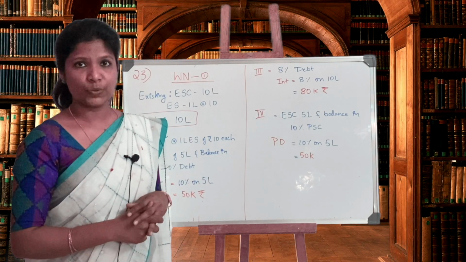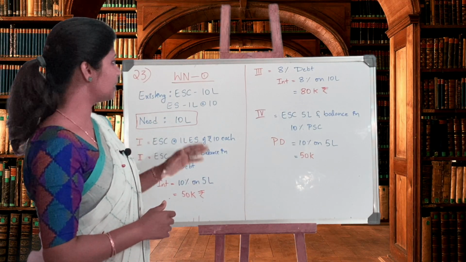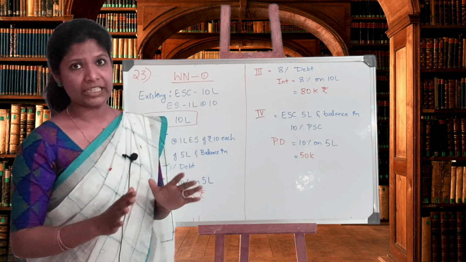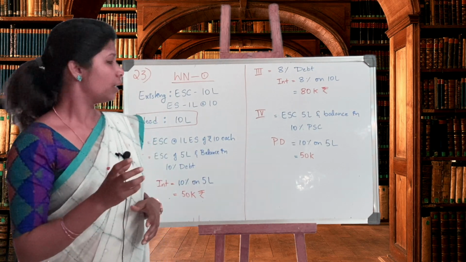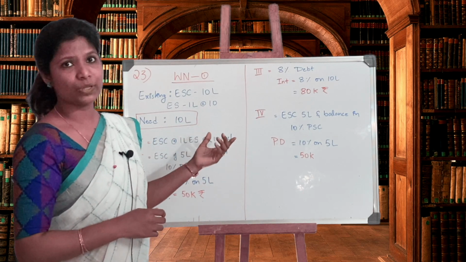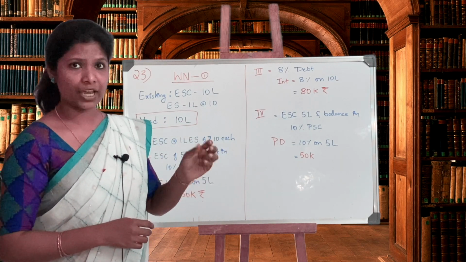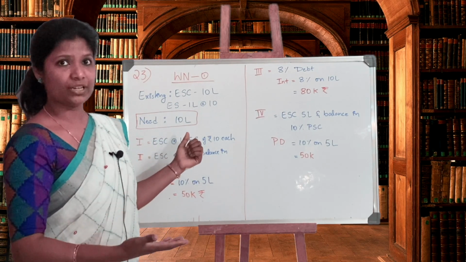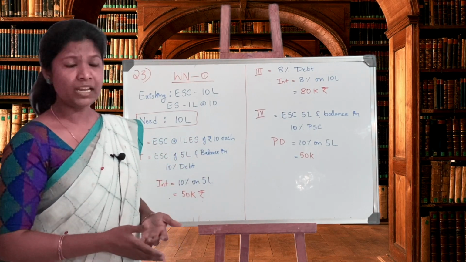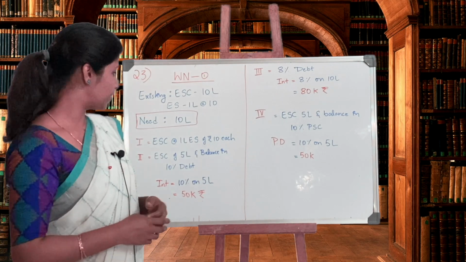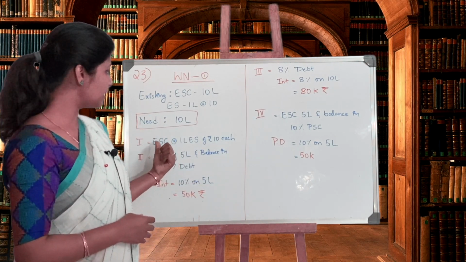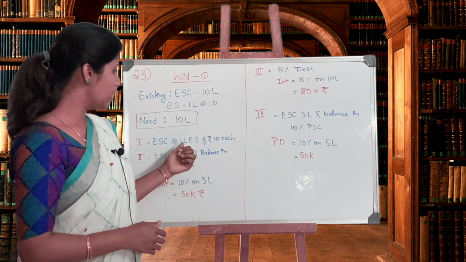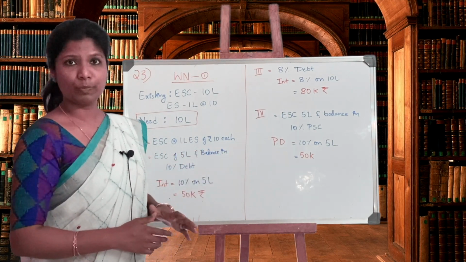So our next question, question number 23. The given details are the existing capital of equity share. They have existing 10 lakh in equity shares, each of rupees 10. That means we have 1 lakh equity shares in the company. The company needs an extra capital of rupees 10 lakh again. They're considering 4 plans. The first plan is completely equity again. There are 1 lakh equity shares, each of rupees 10.